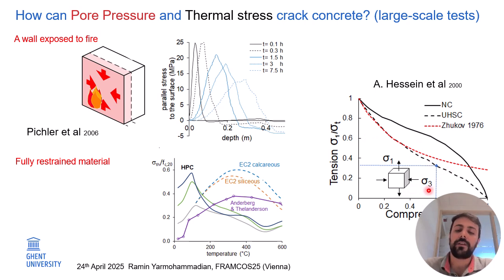If we push concrete in one direction, we will reduce the tensile strength in the instability direction. For example, if we go to 60% biaxial compression, the tensile strength in the other direction will reduce to 30%. And this 30% can be reached by pore pressure or effective pore pressure. So this is usually the combination that we find in reality. That can also be helpful for future large scale tests.